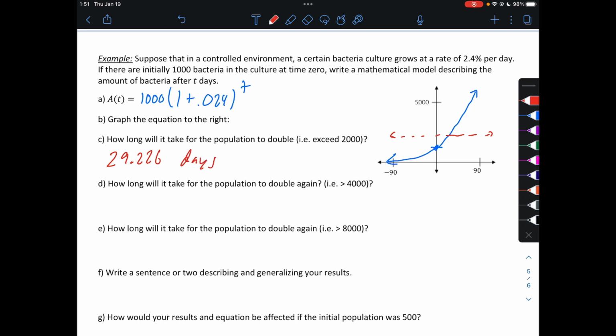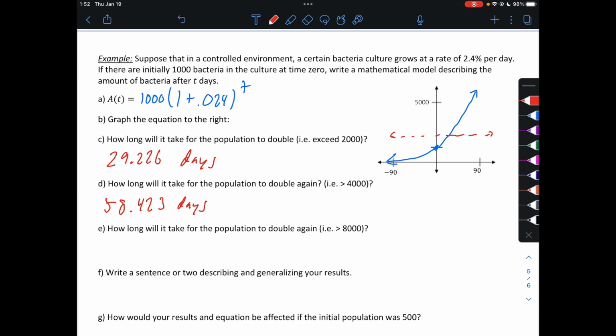How long will it take the population to double again? So just go back to y1 and change 2,000 to 4,000. And go back to your graph again, and we will find the new intersection point the same way we found it on the last one. Second trace, number 5 is intersect. Scroll over until we get on top of that intersection point. And I'm getting 58.453 days,